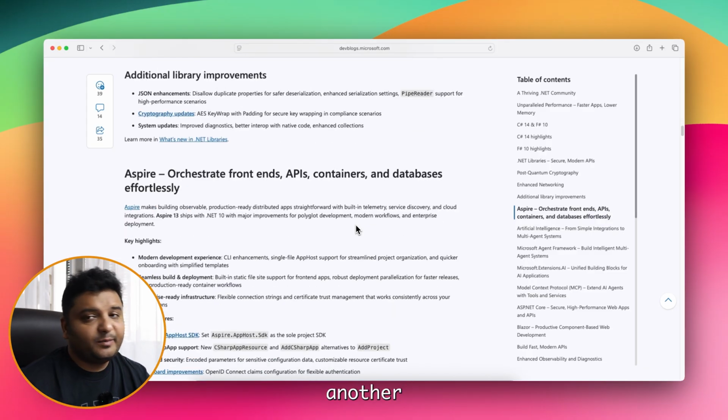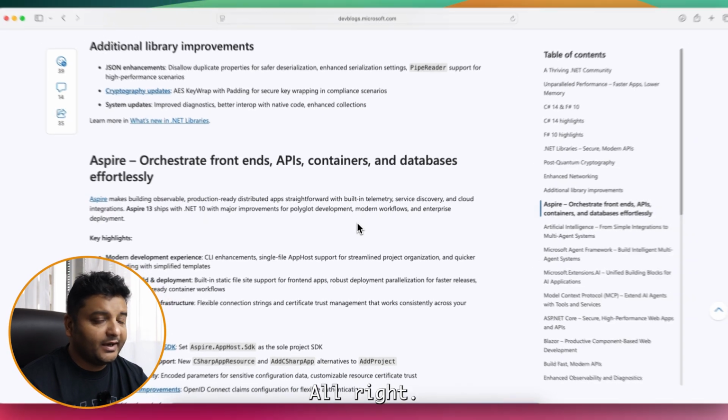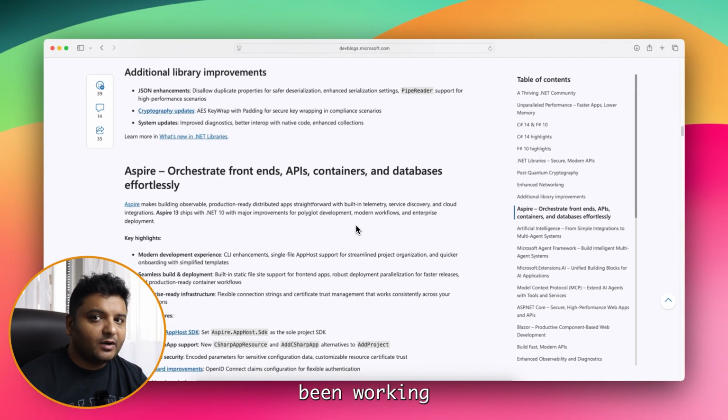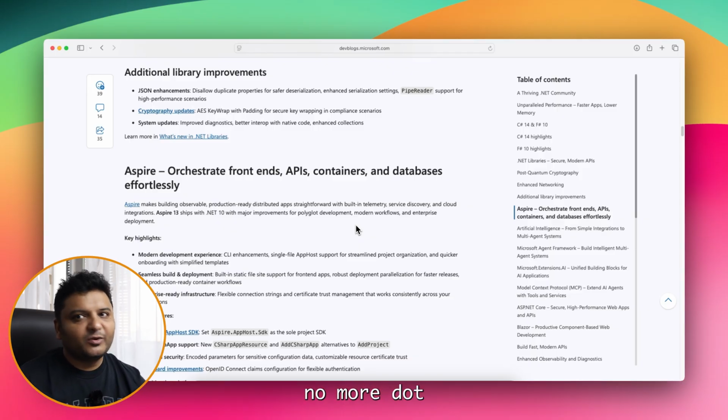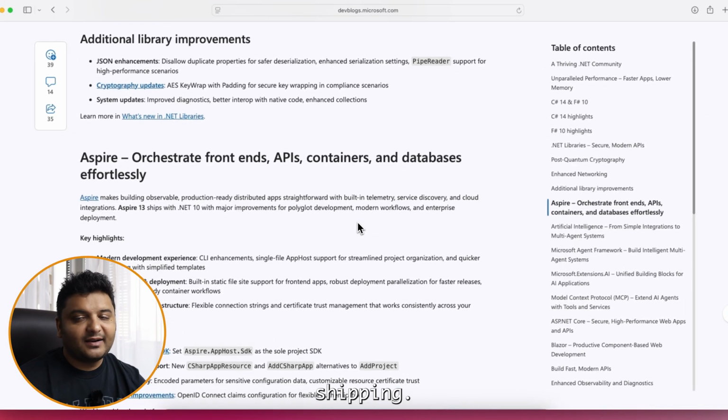Now, this is another big thing, Aspire. Those people who have already been working with Aspire would already be knowing that until now it was .NET Aspire, right? But with this, Aspire is no more .NET Aspire. Aspire is just Aspire. It is being shipped along with .NET 10.